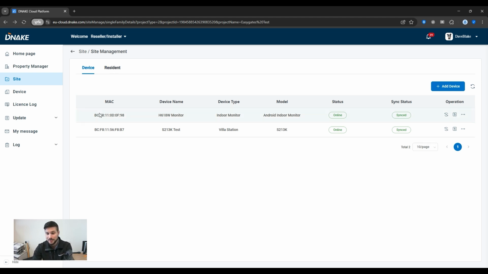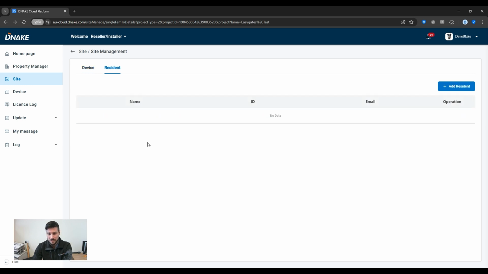So now we've got that set up, the final thing you'll want to do is set up the residents, and that's so that they can actually use the app. Now, there's 2 ways they can do this. So being that we've got this set up with a monitor, the monitor itself will have a QR code. So once the resident downloads the DNAKE Smart Pro app, there's a QR code scanning function on there. They can just scan the QR code on the monitor, or I can set them up manually, which I'm going to quickly do for you today